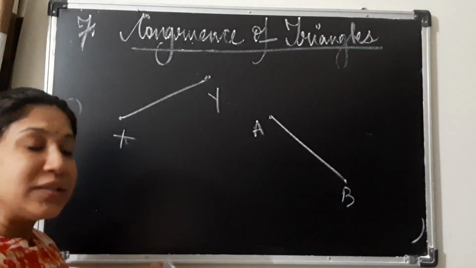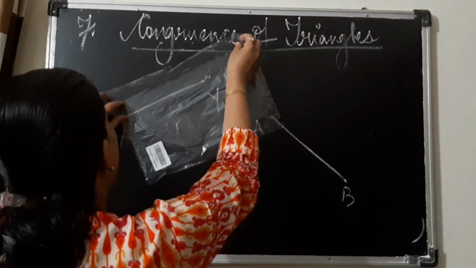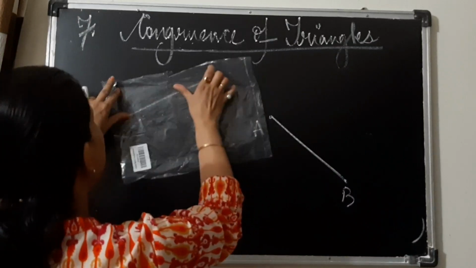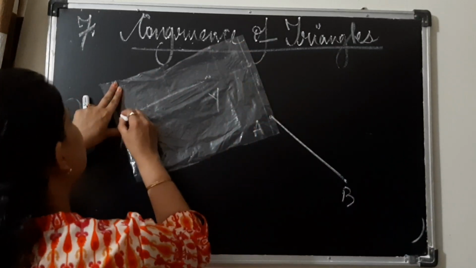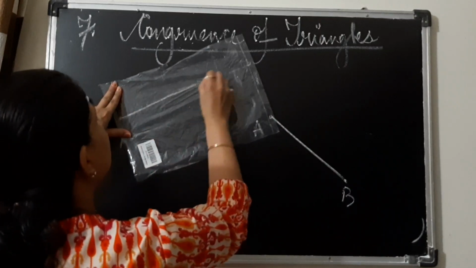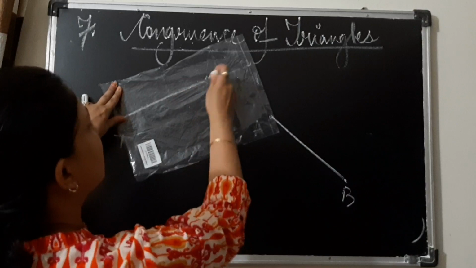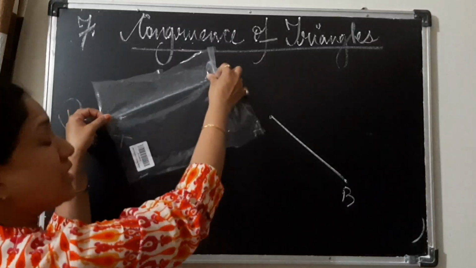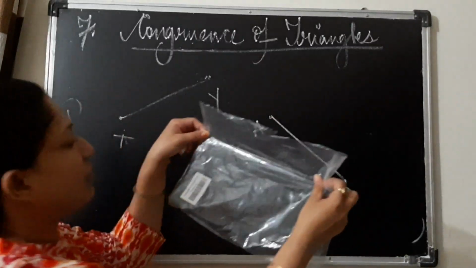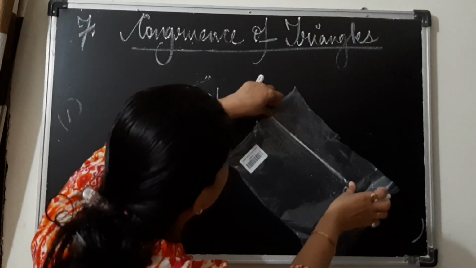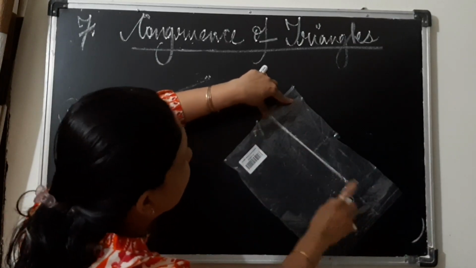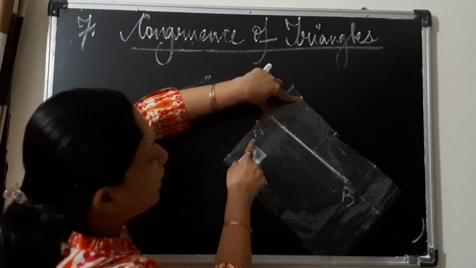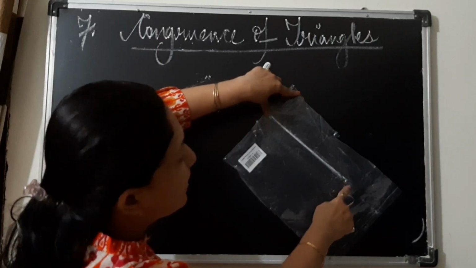You take out your tracing paper, place it on one line, and then after placing it, you mark the line over the tracing paper with a pencil. So this is the line. Now take out the tracing paper. After taking the tracing of that line segment on the tracing paper, place it over the other line segment. See, exactly and completely this line, can you see? This line is on line AB. None of the part is less or more.